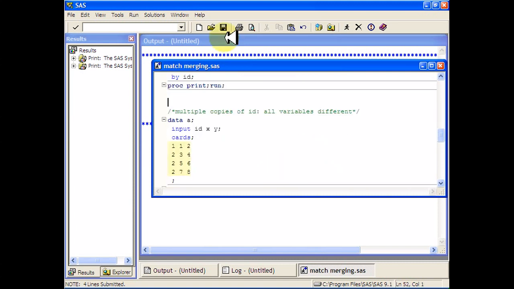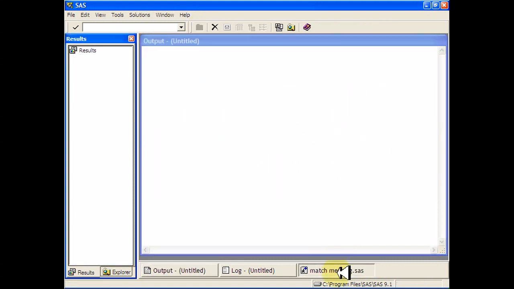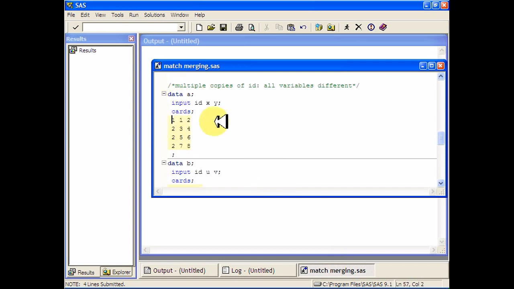Now, if you have multiple copies of the same ID, for example, say I have observation number 1, and then I have observation number 2 3 times in there, so I've got 3 copies of this observation